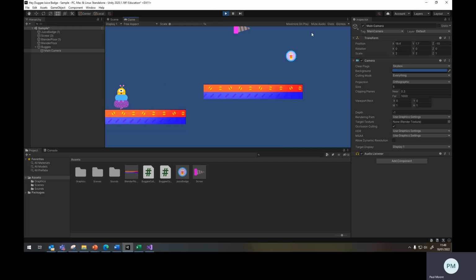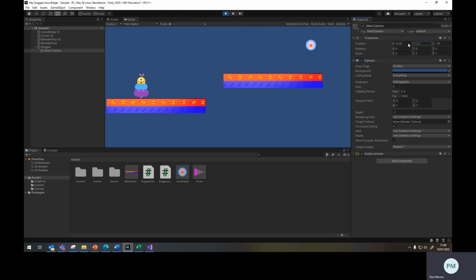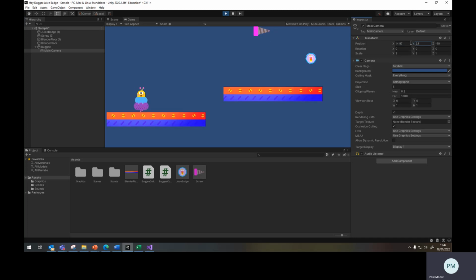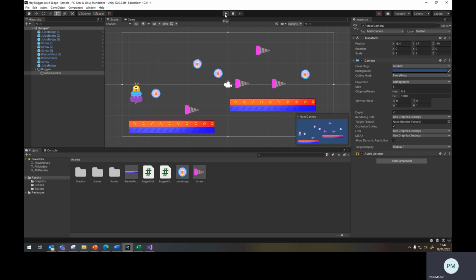Now, we may want to change positions of the camera slightly so that we can see more or less of the level in front or behind, and more or less of the level above and below. We can do that by changing the X and Y values. But remember, if we do that in the play mode, then those things will be lost when we go back into the edit mode. Okay, so we just need to make sure we've got our positions from the play mode